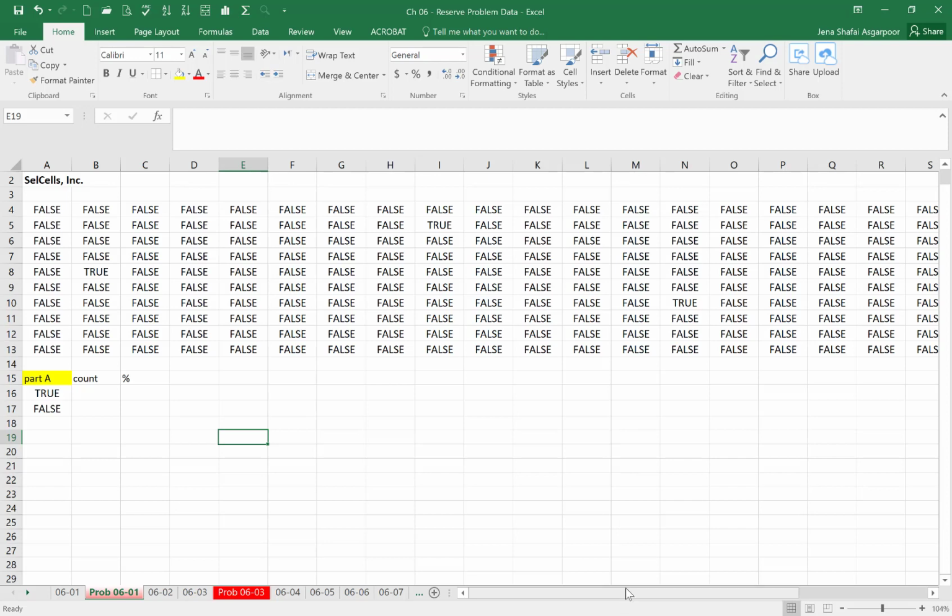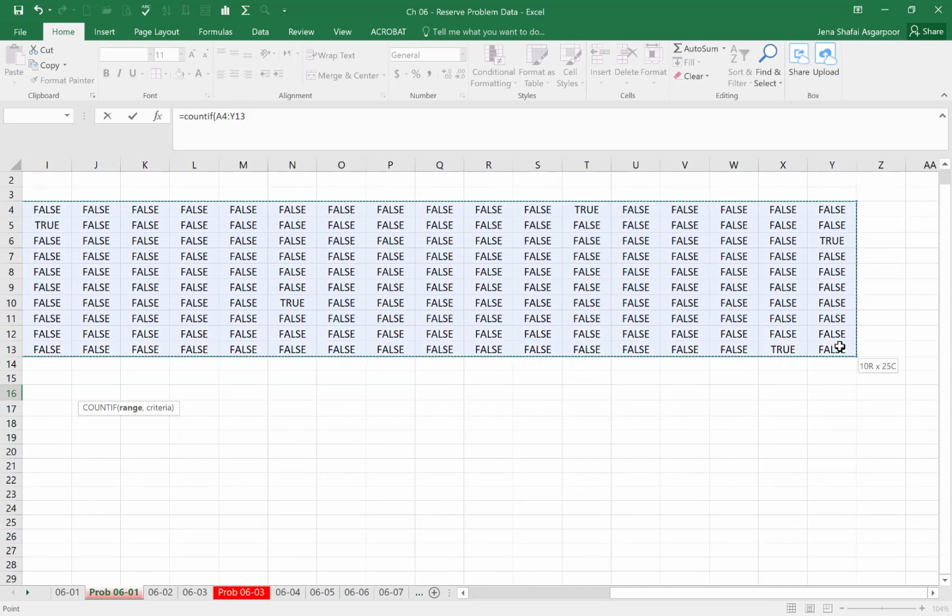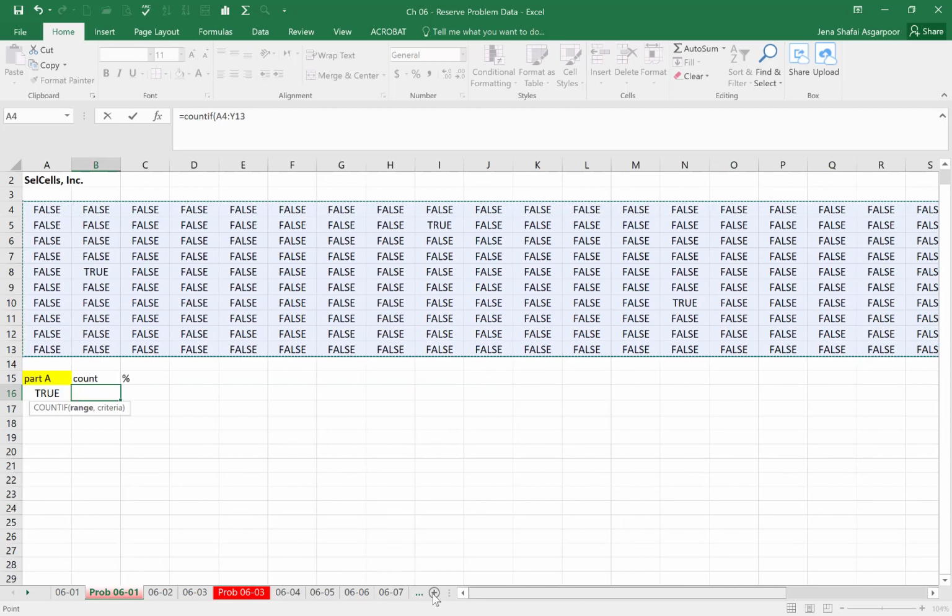page where the data is, and you can see that all the cells are occupied, and so we will use equals COUNTIF, and I will select the range, but I want to make sure that I hit the F4 key on your keyboard so that you can fix the cell reference, so that when I copy it down, it will still count these cells and does not go to the next row. And then the criteria is, of course, true,